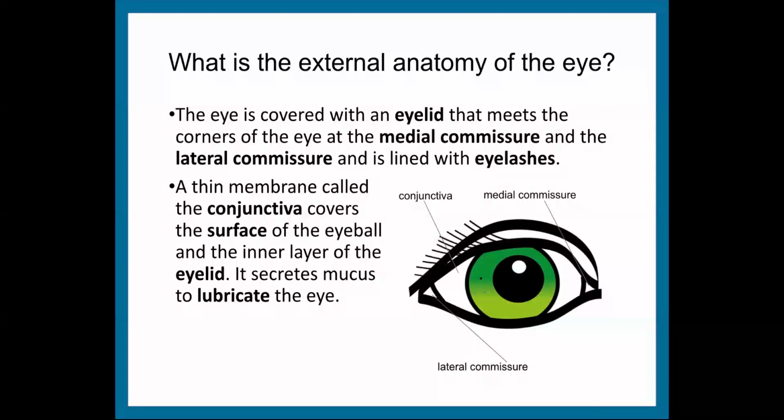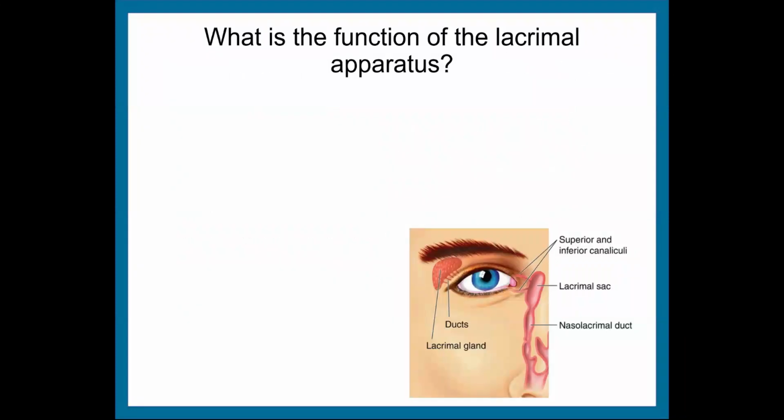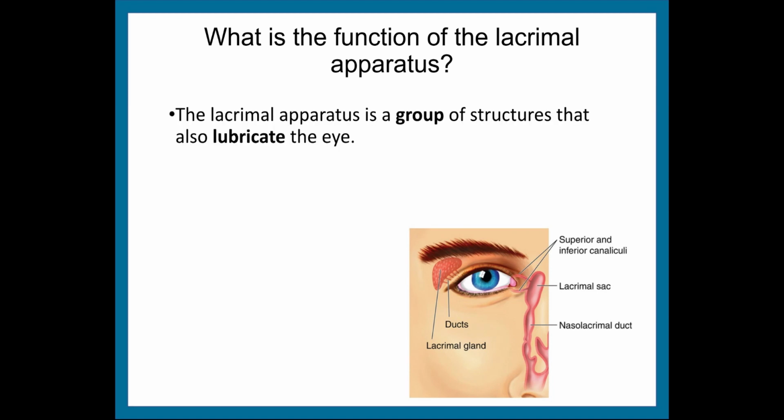The conjunctiva is really important because it secretes mucus that lubricates your eye. Okay, now we looked at the external anatomy. Now let's talk about the function aspect of this. So I'm going to identify some functions of these other parts of the eye, at least the external